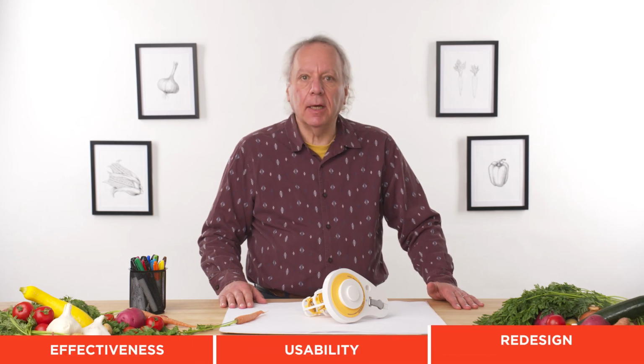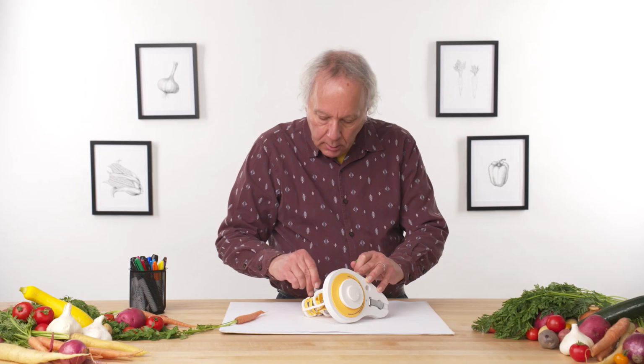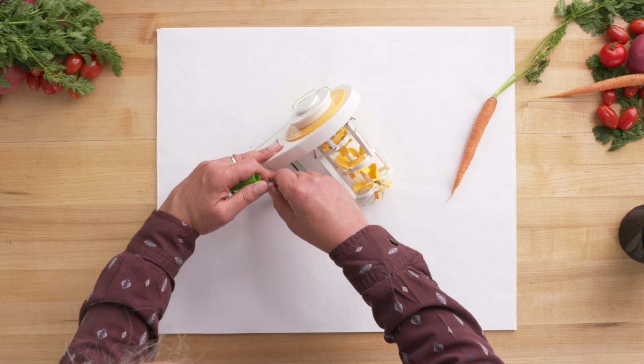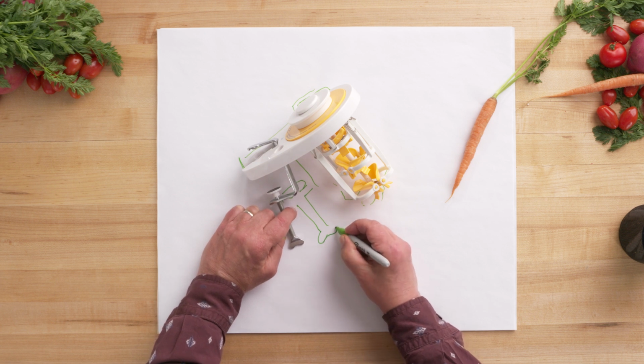Let's give this a redesign. It's got a lot of parts, and it's got a lot of moving parts, which is always a little concerning. Either smaller parts that can break or just stop functioning correctly. A simple thing to do is the plunger, this little wing nut, is just a little too fussy and a